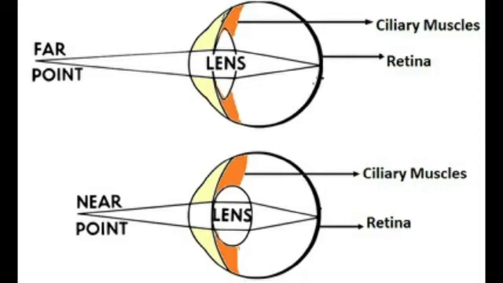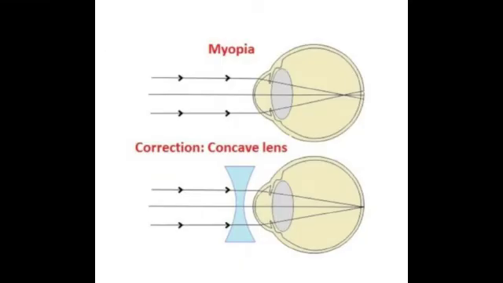Now we move on into defects in the eye. A normal human eye can clearly see all the objects placed between 25 cm and infinity. But for some people, the eye loses its power of accommodation. This could happen due to many reasons including aging, hence their vision becomes defective. Let us discuss some of the common defects of the human eye.